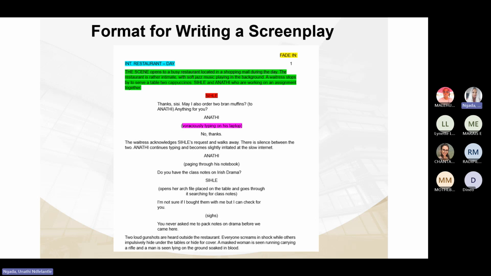The section that I've highlighted in purple, which indicates what the character is doing, you will see it is written in brackets, but it is not italicized. So in the drama text, any action that is done by the character is written in italics, written from the left-hand side onwards. But in the screenplay, the action that is done by the character is not written in italics, but it is also written center in the middle. Okay, so those are the four important components to take note of when writing your screenplay.